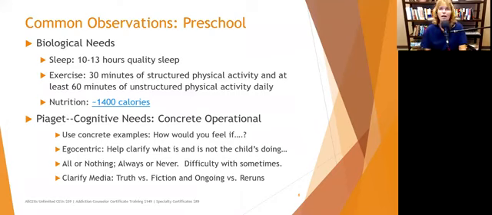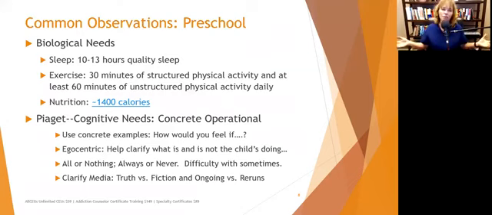The same reason I bring up sleep, because the neurotransmitters are made from the food that we eat. So if they're not getting enough food, they're probably not getting the building blocks to make the neurotransmitters to help them concentrate, learn, be motivated, experience pleasure, all those things. Additionally, the food we eat gives us the building blocks to grow. So physical development as well as emotional stability can both be impacted by not getting enough quality nutrition.